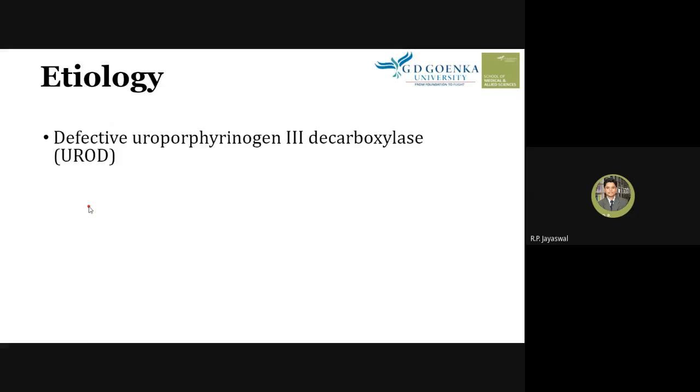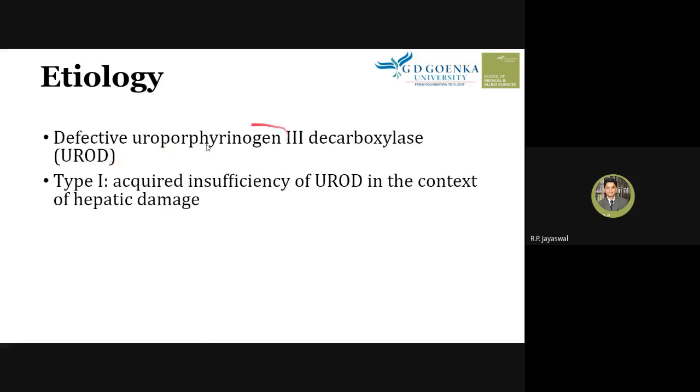Now etiology means what are the causes of this PCT. Okay, defective uroporphyrinogen third decarboxylase, also known as UROD. URO means uroporphyrinogen third, and D is a decarboxylase. In short, we say UROD. Okay, so there is a defective enzyme, UROD defective, and type 1 is acquired insufficiency of UROD in